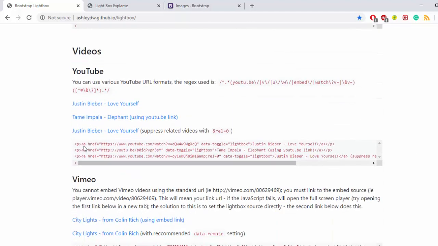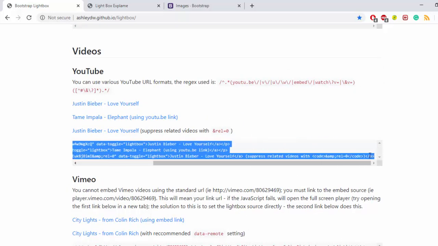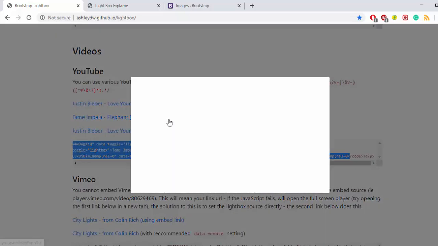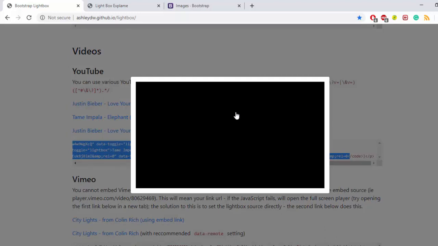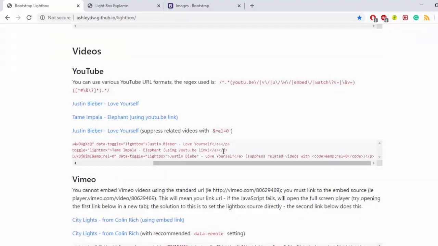Now it's the turn for YouTube videos. So here you go with the Lightbox. I am using the same YouTube videos, you can use others also. You have this YouTube video, how they are representing it as a link, right? As a link they are representing.